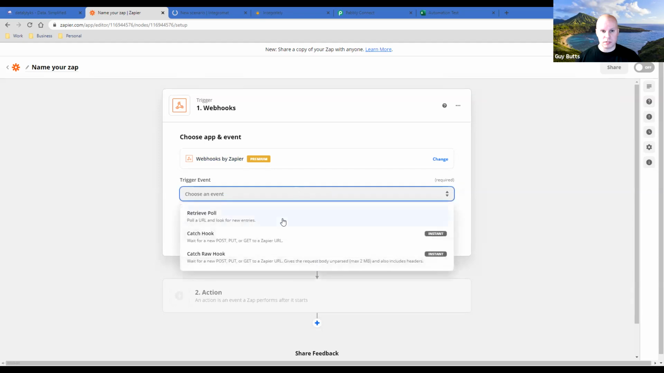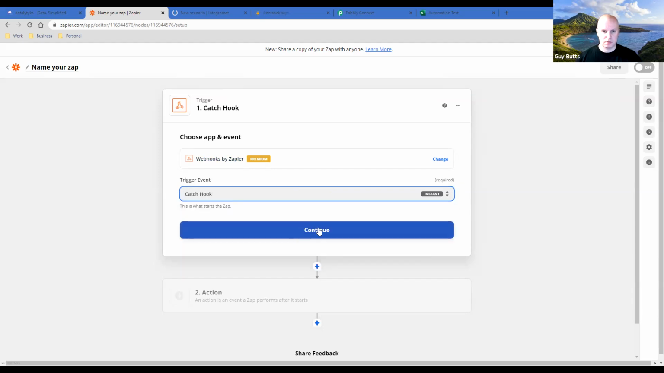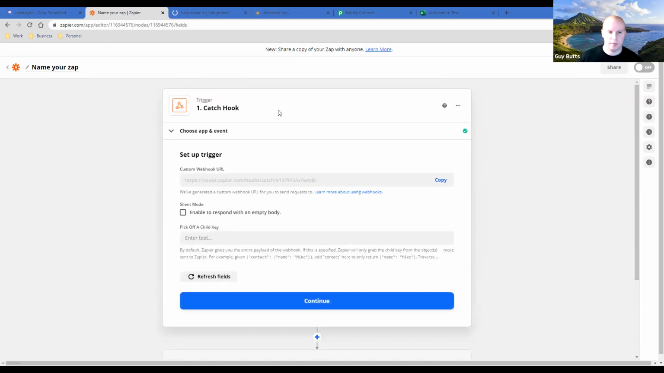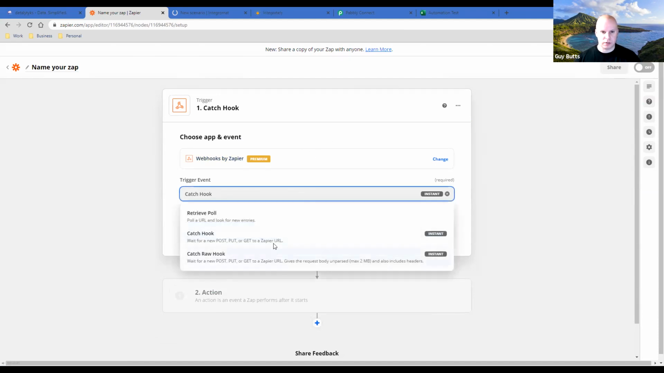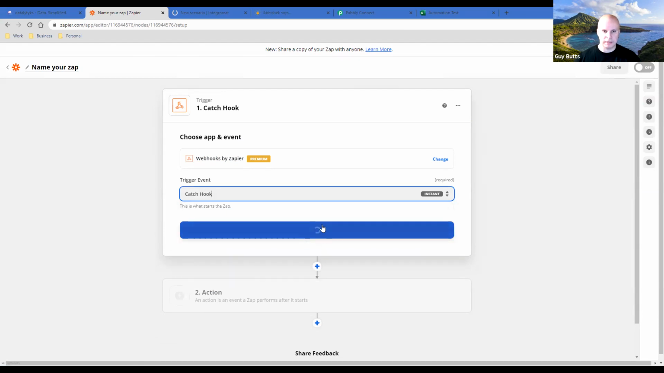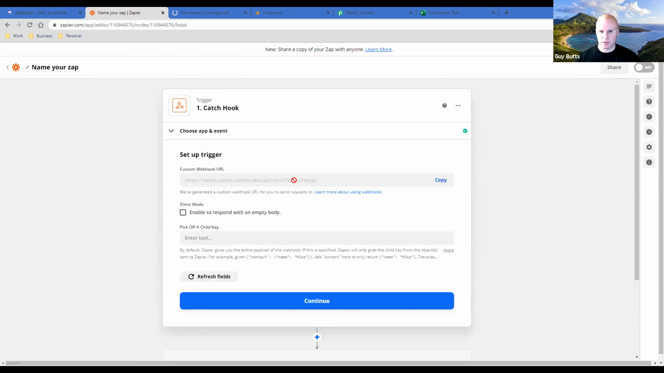Where we're going to use this is inside of Plutio. You're going to generate this webhook right here. It's not something you have to generate or create. It's created for you when you create this module or this app inside of Zapier. What we're going to use is the catch hook method right here. So catch hook, not raw hook, just the catch hook. This is the more common, easily usable one. And it's going to generate this